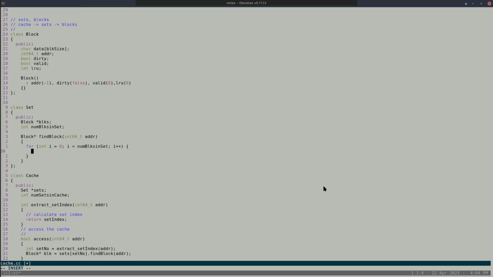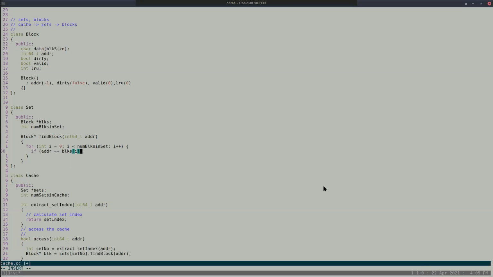Now what should I search here? If address equals to. Yes. So if the address is equal to what do I have here? I have blocks here. In each of the blocks, anyway, I am in the set. So I am only concentrating on that set. I am not going to any other set.